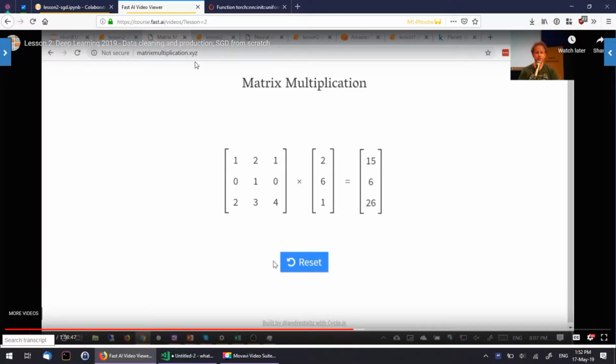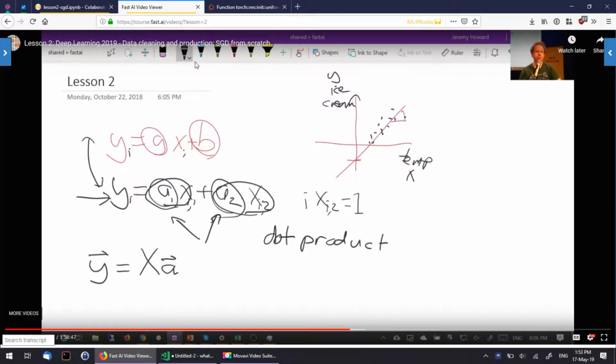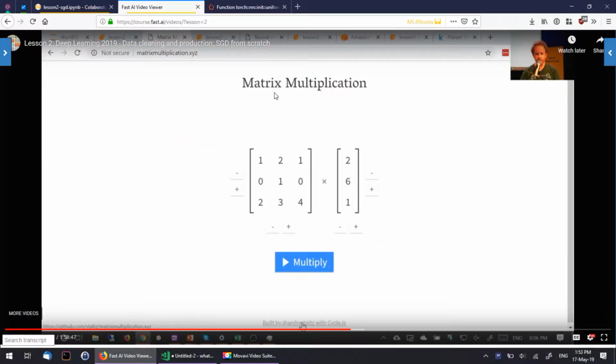The bigger point here is that he put x here and kept a as a vector, and that makes sense, right? Because your a is going to be fixed. It's going to be like a1 to a2, so it's going to be a vector with two rows, with a1 on top and a2 on the bottom. And then when you multiply x by it, what's essentially going to happen is